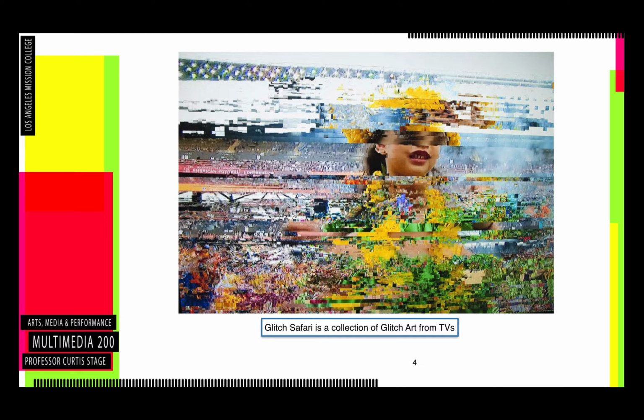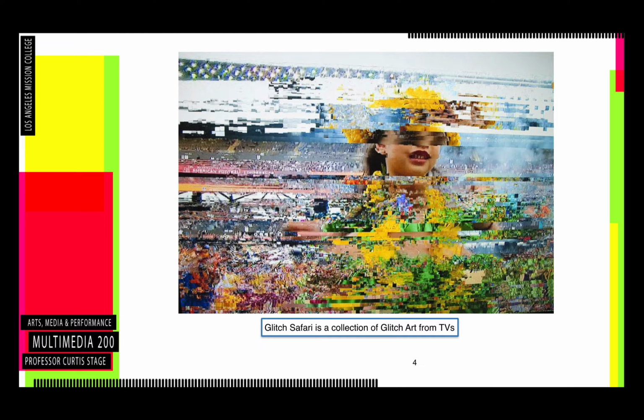This is a website, Glitch Safari. They have a collection of glitch art that just happens on TVs, where maybe the TV stopped or paused, and the user will grab a screen grab of it, or a computer screen grab, and they'll post it to this website, Glitch Safari. It's pretty cool. It's just a whole collection of random glitch art. Again, not purposeful, all completely random, computer generated. It takes the artist out of the art. And I guess, could we call this art is a question? But it's an interesting visual,